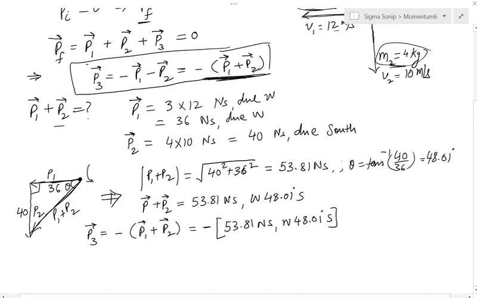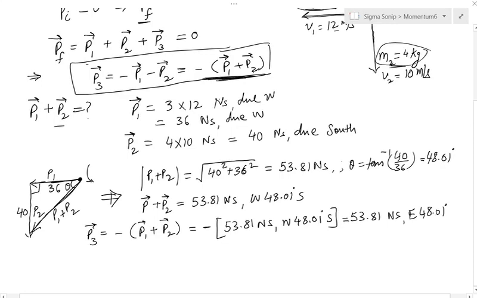Negative of a vector is essentially nothing but the reverse of a vector, which is reversed in direction. So this will be 53.81 Newton second, and the reverse direction is east